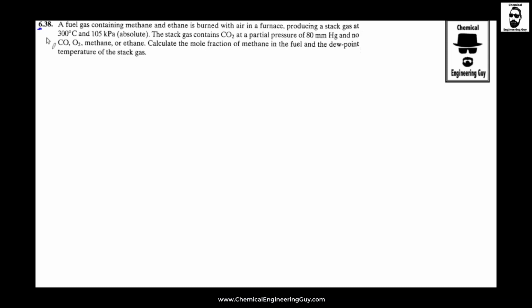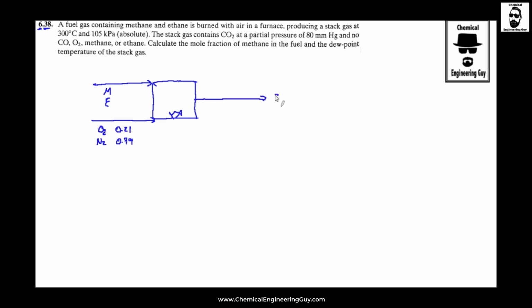Guys, let's do this chapter 6, which is essentially multiple phases mass balancing, problem 38. A fuel gas containing methane and ethane is burned with air, which is oxygen and nitrogen at 0.21 and 0.79, in a furnace. So let me draw this furnace. Here's fire. Producing a stack of gas at 300 Celsius and 105